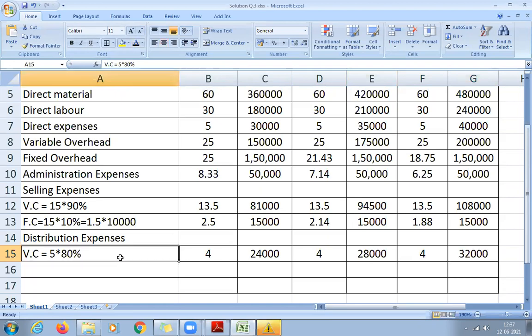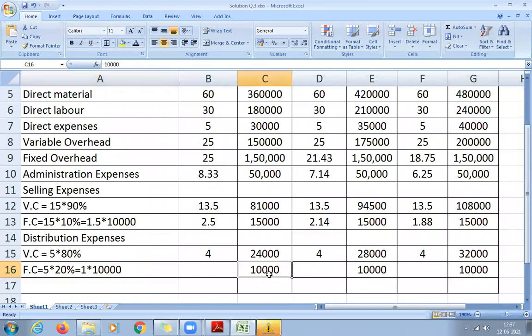Now how to calculate fixed cost? Same way. Take the per unit and calculate 20% of 5 rupees. How much will you get? 1. And multiply by the number of units. So 5 rupees is given for 10,000 units. Whatever total fixed cost you get for 10,000 will be the same for 6,000, 7,000, and 8,000 also. So that is 10,000 only. Write 10,000 in the total amount column for all the outputs, 6,000, 7,000, and 8,000. Clear, students?